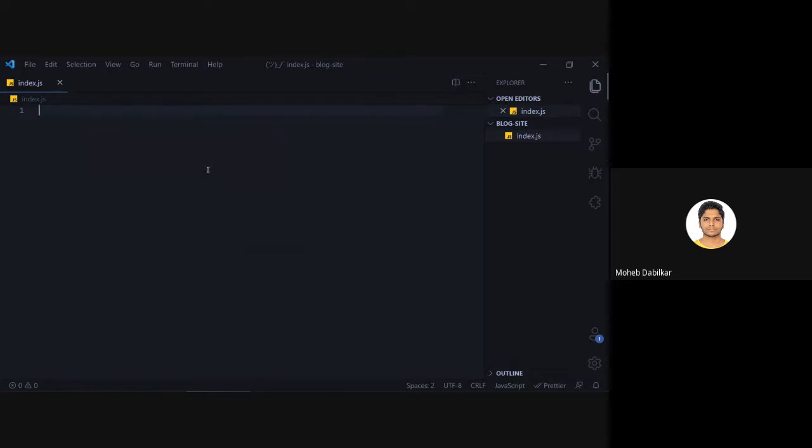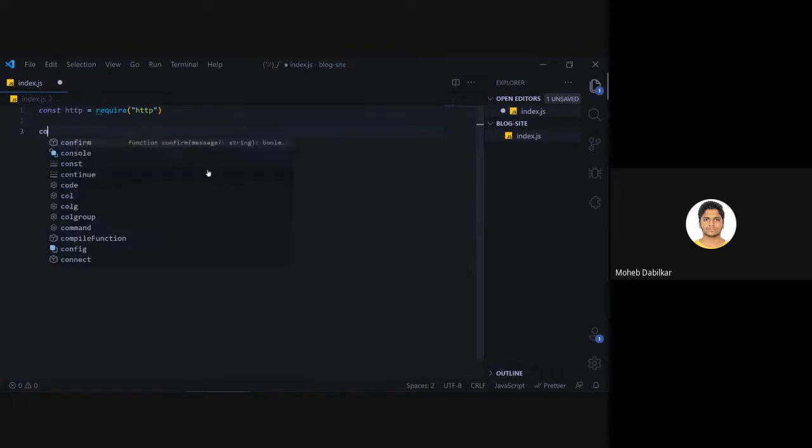Now let's go ahead and start working with request and response objects, and inside there what we have is our http module. So we'll say const http equals require http.